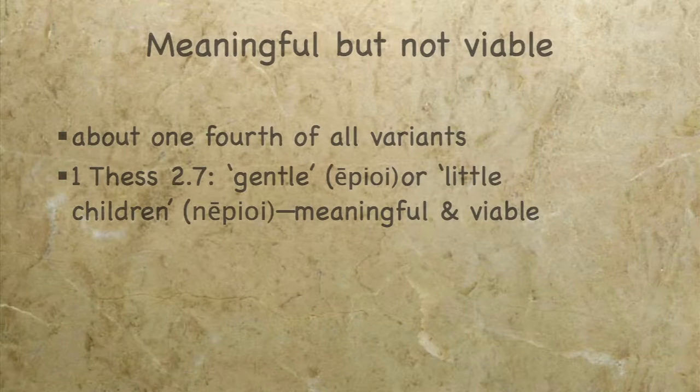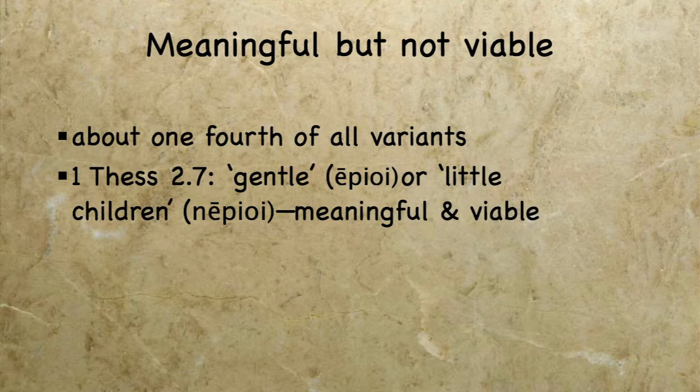However, "gentle" and "little children," there's only one letter difference in Greek. It's either napioi or apioi. And the word that precedes it ends with a nu. So in 1 Thessalonians 2:7, we have egenethemen napioi or egenethemen apioi. But read together, egenethemen napioi, what did I say? Did I say napioi or apioi? It's very difficult to tell, and consequently, this has created an extremely difficult textual problem for scholars to try to